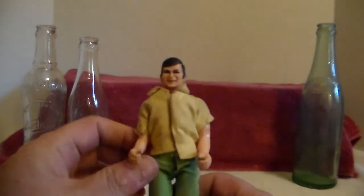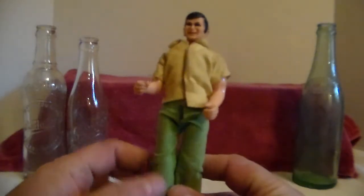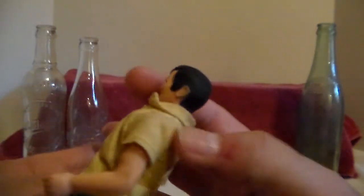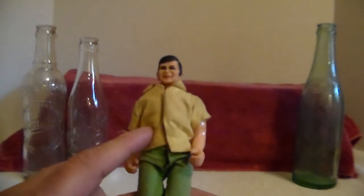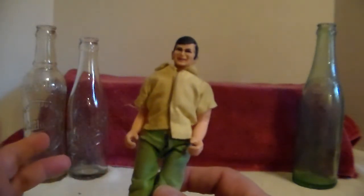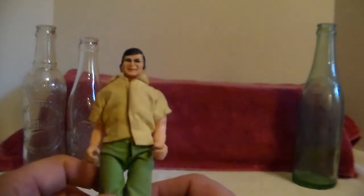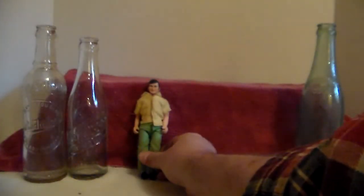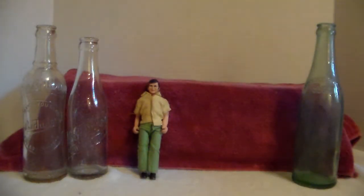This is the male figure that was with the Tonka camper and the ambulance, and it could have been with other Tonka toys. The ambulance, I can't remember. I have the ambulance. My brothers had them as kids, and I got one because it just brought back memories. Because when they got their ambulances, I got my super tanker, which I still have. But when I see stuff like this, I always pick them up because you never know when you might need one. I got a box full of Tonka loose figures, and I cannot find it. It's packed up somewhere. But here's a